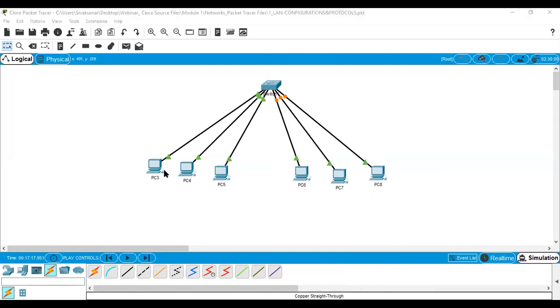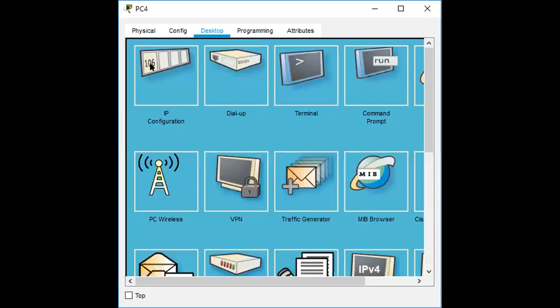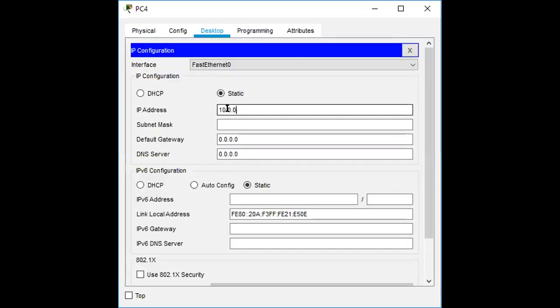Now you have to give the IP address. Double click on that, go to desktop. Here in IP configuration, you have to give the IP address, for example 10.0.0.1. Here go to desktop. Here 10.0.0.2. Then similarly